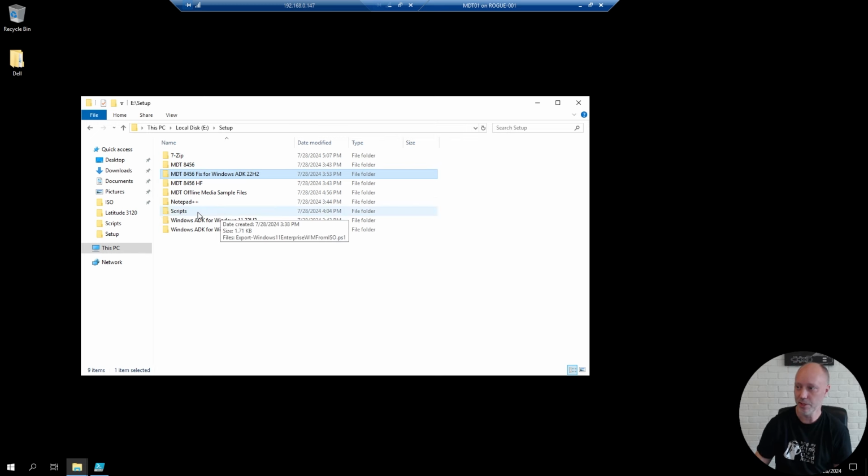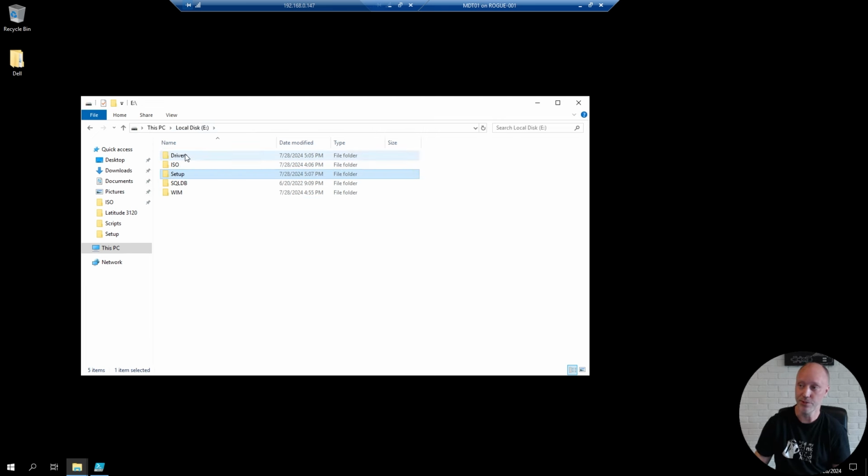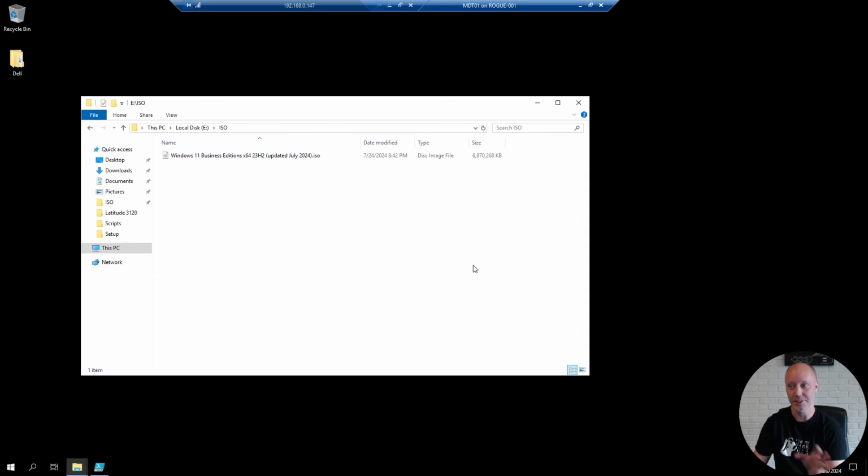I've also downloaded an application just to show how we can add some apps to MDT for the media. I have some scripts that I will show shortly, and I also have downloaded a few drivers that I'm going to need for the deployment. So I have, in this case, a driver package for a Dell Latitude 3120 laptop, and I have downloaded some drivers for WinPE itself, storage and network drivers. Also, what I have in my ISO folder here is a freshly downloaded Windows 11 23H2 ISO. This one is updated with the July update, so I just got it straight from the